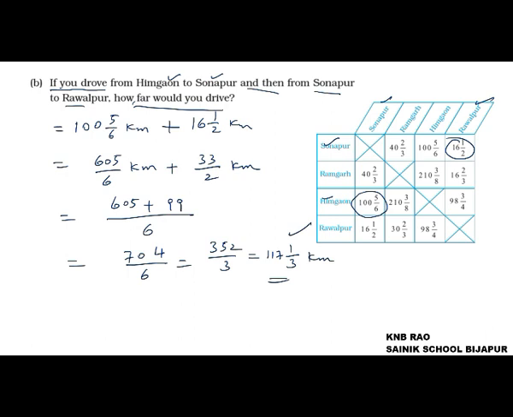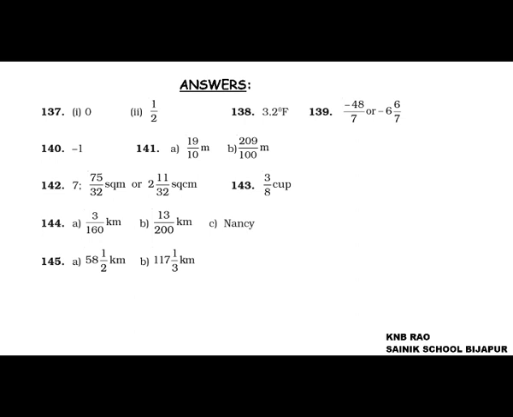So we have solved up to the 145th question, children. We will go for winding up this session. The rest of the questions we'll discuss in our next session. So these are the answers which I have given. You can cross check. Here there is one mistake in the answers of the exemplar problem book given by the textbook. Here it is not 58 1/2, it is 58 1/12 kilometer. So you can cross check what you have got.